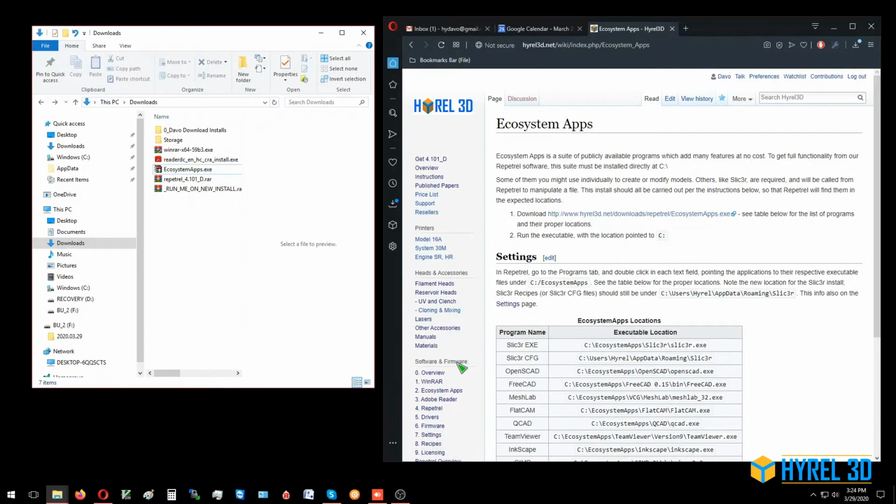Alright, the previous video showed us how to do step number 1, the WinRAR install. This is the video for step number 2, the Ecosystem Apps install. So from Hyrel3D.net, we're going to click on Ecosystem Apps under Software and Firmware, and we're going to download this